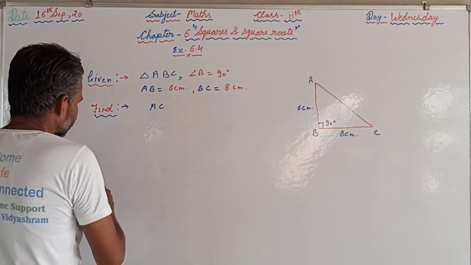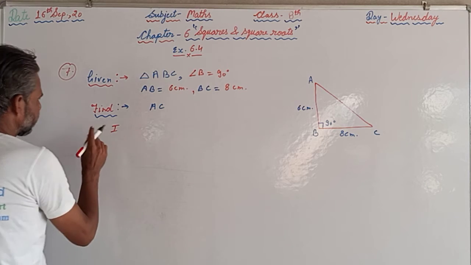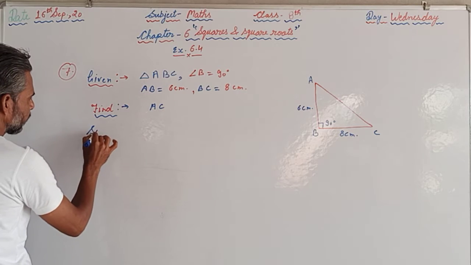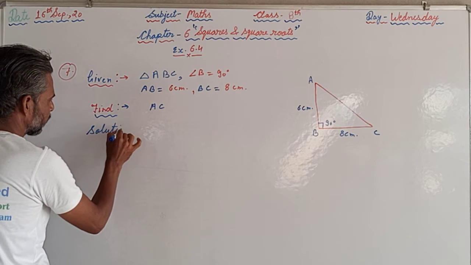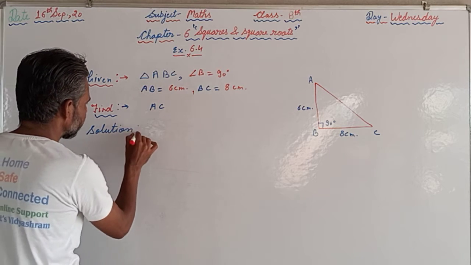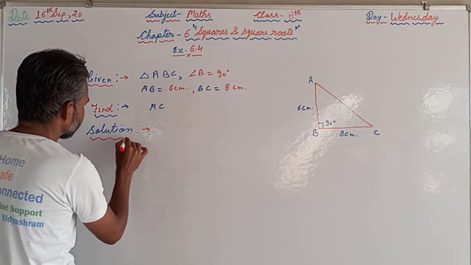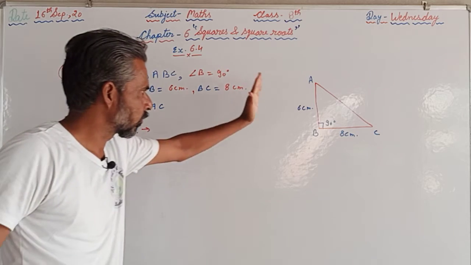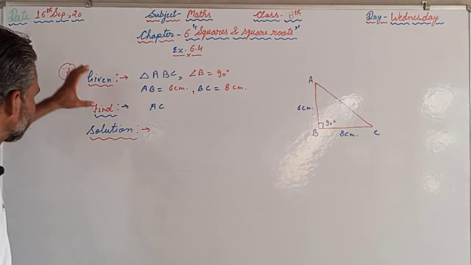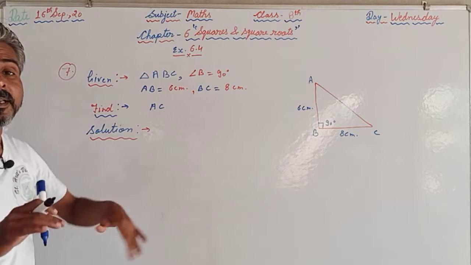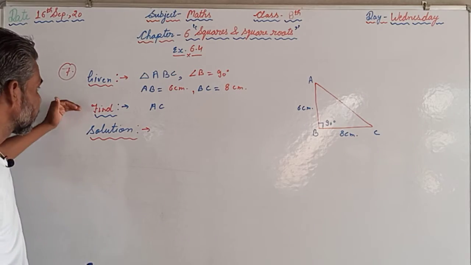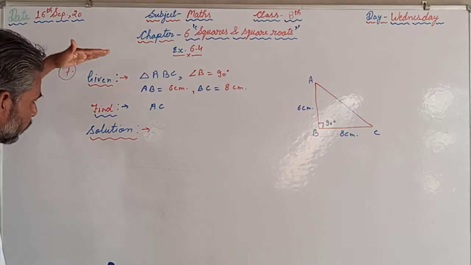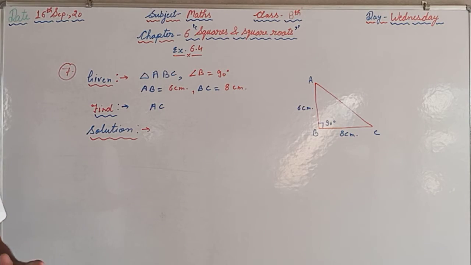Now in right angle triangle, now we will start the solution. So here will be the solution, how to solve the question. First of all, this is the proper method. First of all we have to draw the figure, then we are supposed to write the given, means the information given in the question, then what we have to find, that we have to mention. Afterwards we are supposed to proceed with the solution.